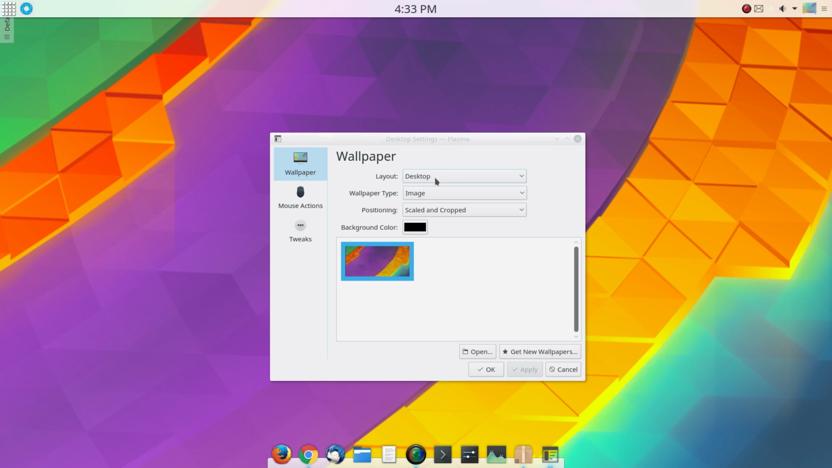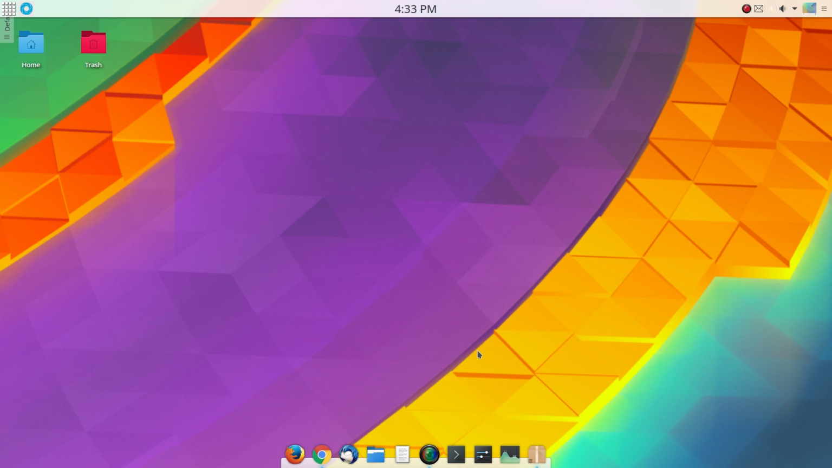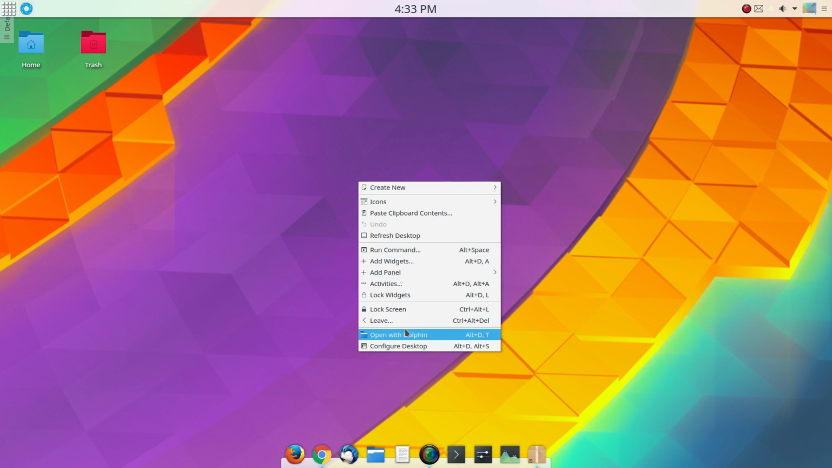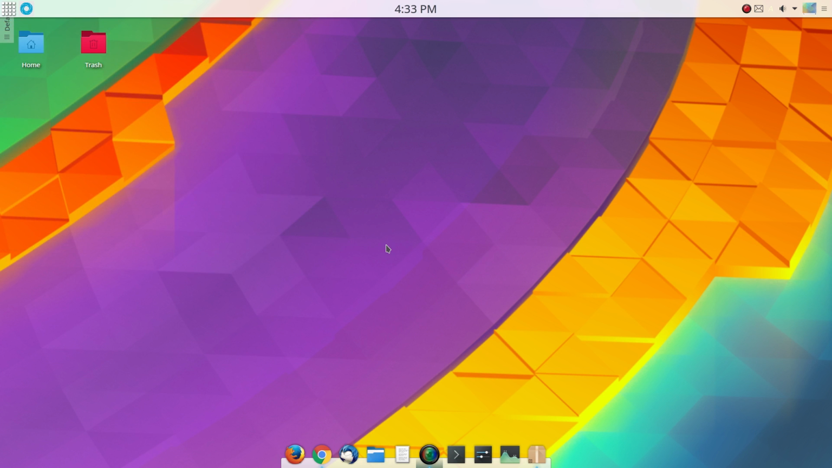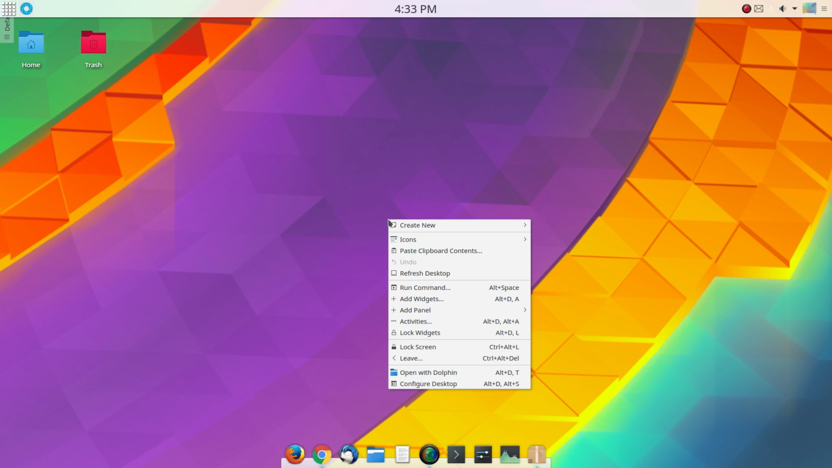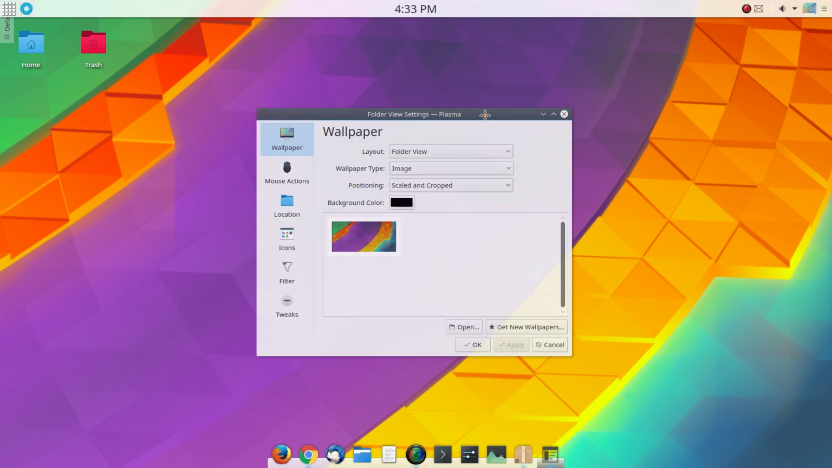You may switch to the folder view, and if you do, you will see the contents of the desktop folder, and that's okay if that's what you like. But I prefer to go with the desktop layout. And also, depending on which layout you have, you get different options. So right here you would have open with Dolphin, and basically you're opening the desktop folder. You don't have that option when it's a desktop layout, but you don't really need that either. So it does have different menus in the right click when you change from folder to desktop view,